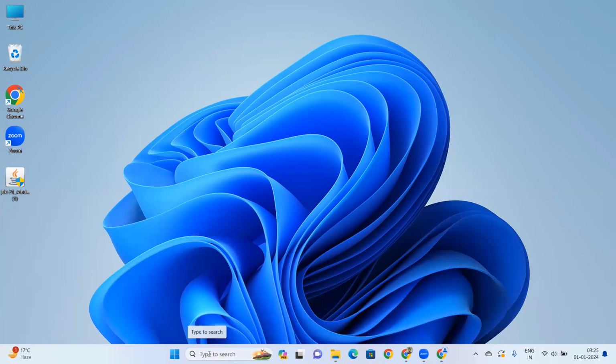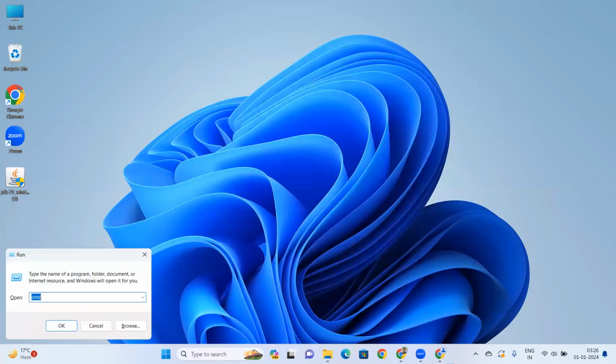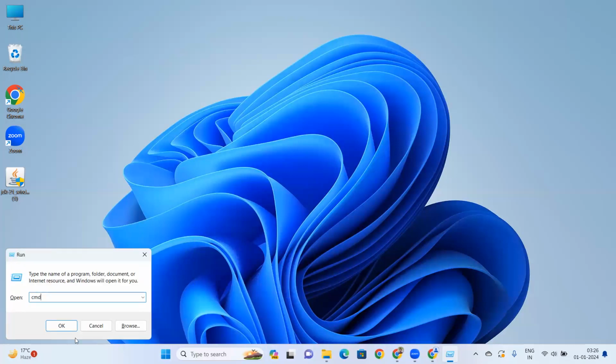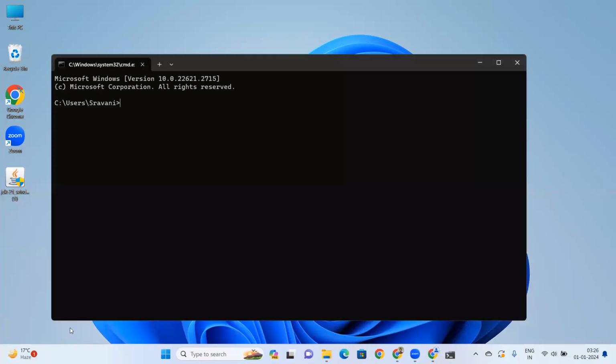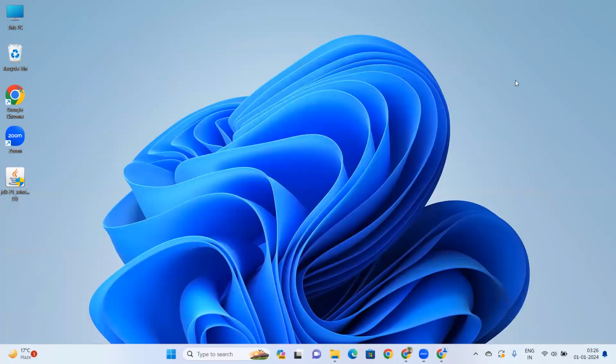Now just to check whether your Java is installed or not, press Windows plus R, type CMD into it and press OK. Now give the command java space hyphen version and press enter. You see the version Java 21 is installed. Now you know that Java is successfully installed on your system. Next thing you want to do is